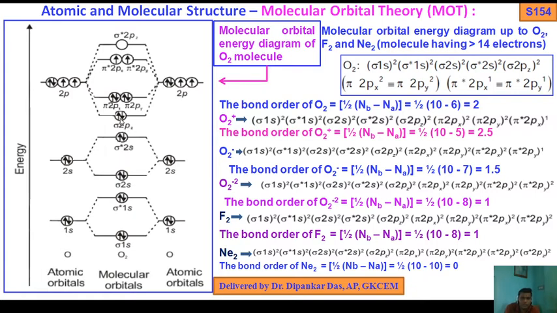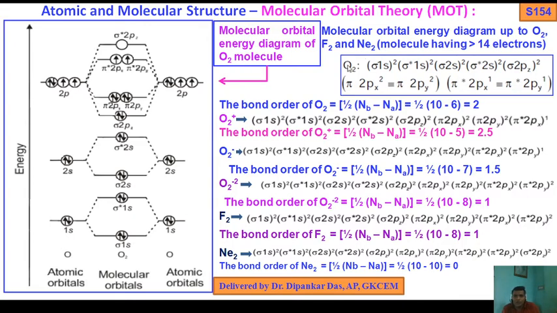Keep in mind, in the case of B2, C2 and N2, pi 2px and pi 2py come first because sp mixing is allowed. But in this case sp mixing is not allowed, so sigma 2pz comes first. That's why sigma 2pz2, then pi 2px2, pi 2py2, because you fill singly first, then pair up, then pi star 2px1, pi star 2py1. This is the antibonding of pi 2px, pi 2py. These are also degenerate orbitals with the same energy levels, so electrons fill up singly, then pair up if in excess.